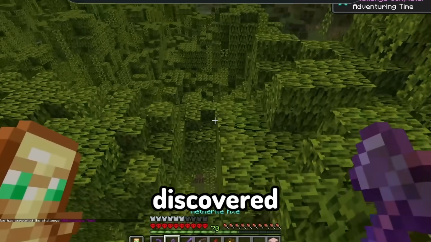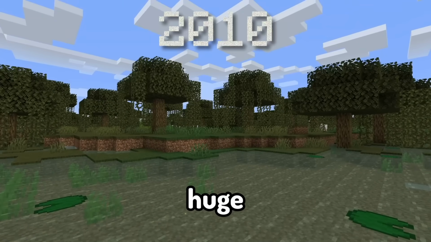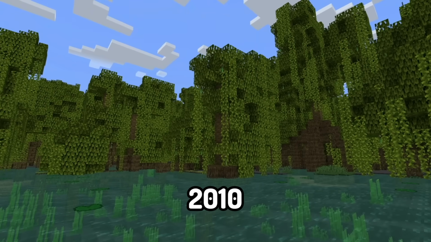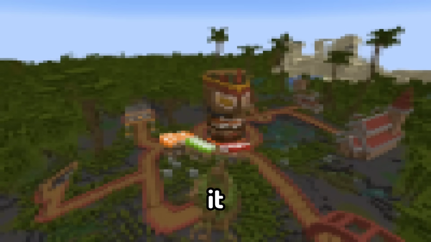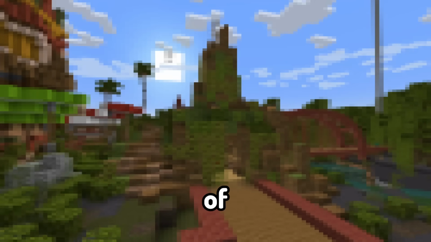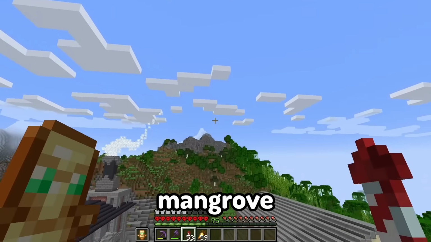I've just recently discovered the mangrove swamp biome that came out over a year ago. And it's a huge upgrade from the first swamp biome that Minecraft introduced back in 2010. But it can be better. So today we're gonna completely transform it by building a custom village, a massive Tiki face, an exact replica of Shrek's house, and much, much more. But first, let's find ourselves a mangrove swamp